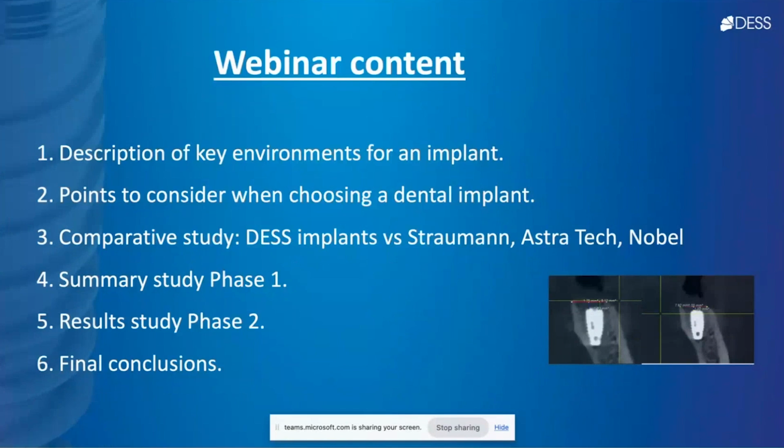I am Dr. Mohamed Khalifa. I'm a periodontist and implantologist based in Riyadh, Saudi Arabia. And it's my pleasure as well to be a key opinion leader with this company. Today, I'm going to take you through the journey of osseointegration and how we can select our implant. And finally, we're going to show you our research project about the dental implant, and we are comparing it with different